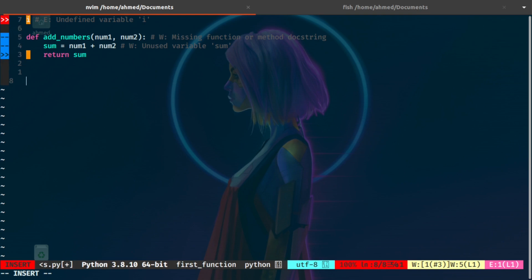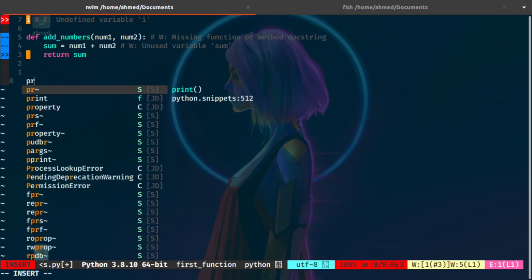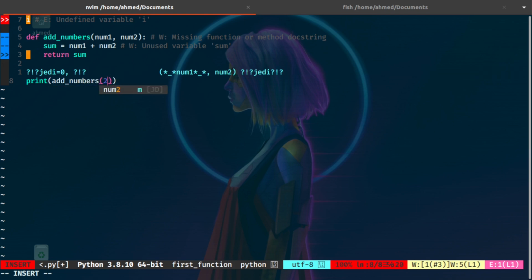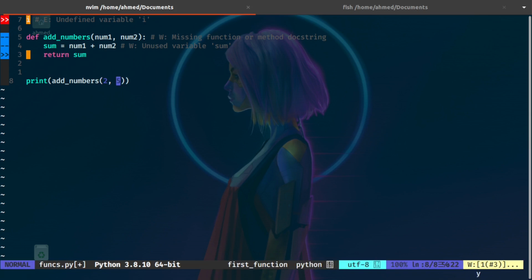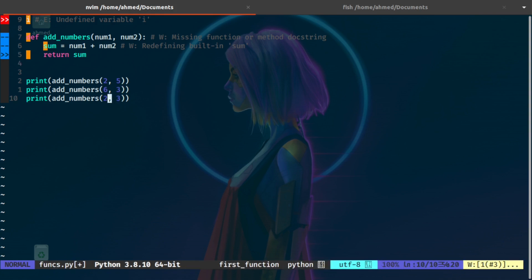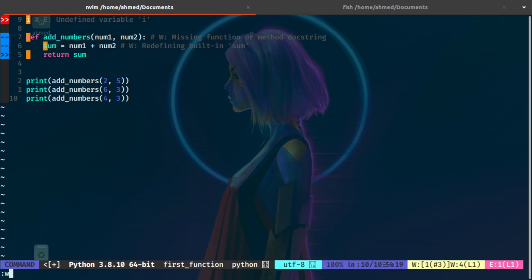So if I want to test this, I can just print it directly. I'll just use add numbers and pass it two numbers, for example 2 and 5. I can repeat the function as many times as I want, and this is where functions come in handy, because you can reuse them and give them different arguments or parameters each time you need them. Alright, save,